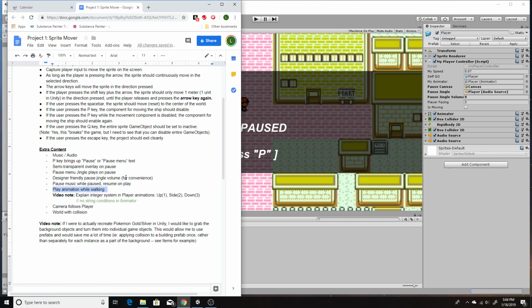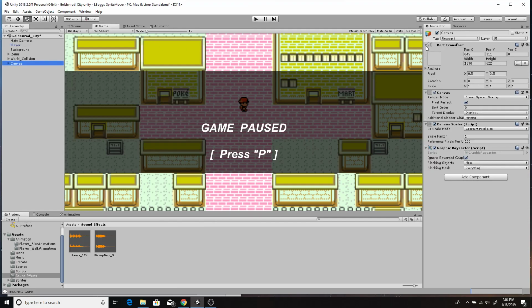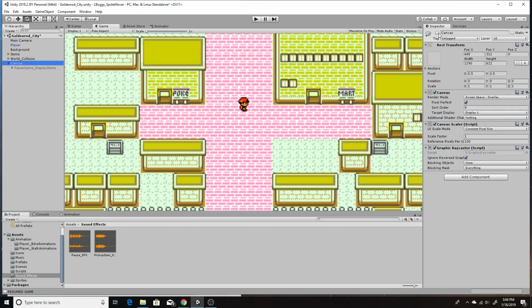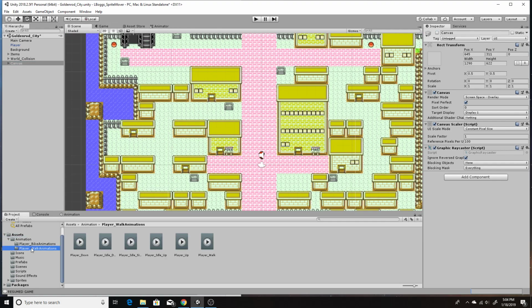And then we talked about that. Animations. Okay. This is going to be a lengthy section. So, the animations were not a requirement. Oh, and I can go ahead and disable my canvas. We do that in code anyway, in case I were to leave that open or whatever, so that does not start the game paused. But we'll get to that when we talk about code. Right then, animations. So, we will go into our walk animations, click on the player,